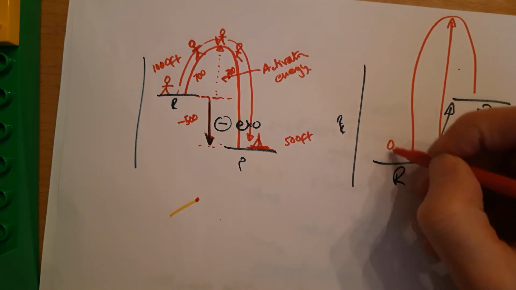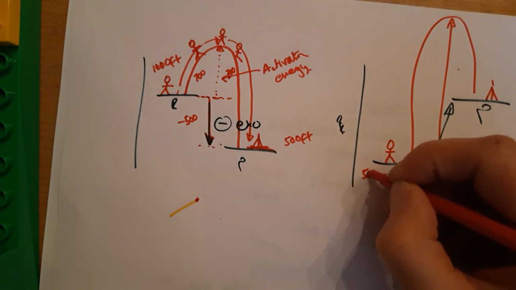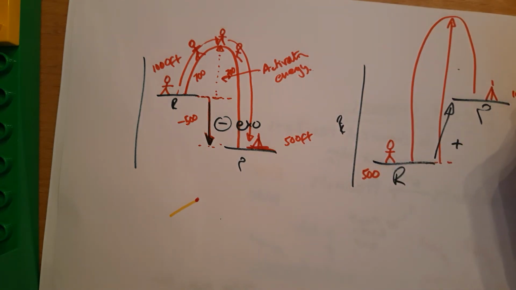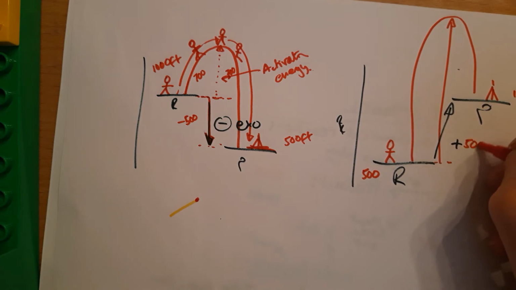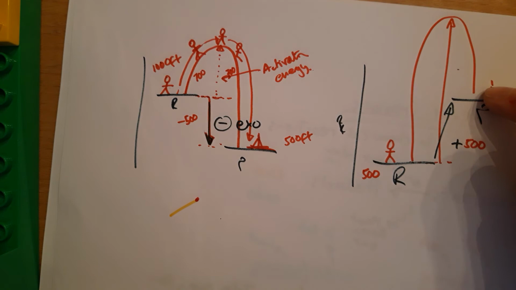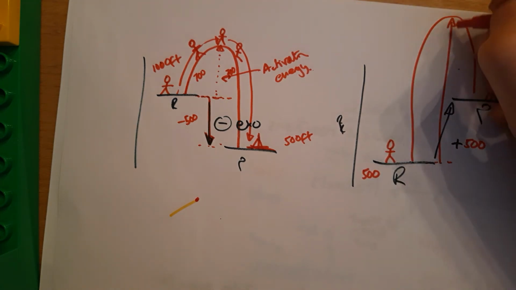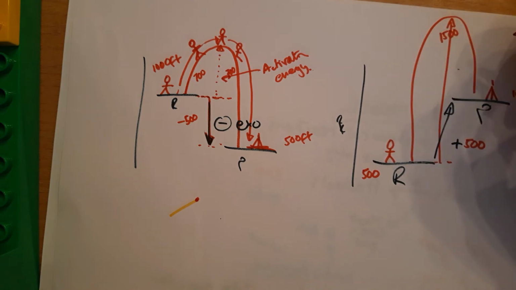So again, there's a little analogy. You're out camping. There's your campsite. You're at 500 feet and your campsite's at 1,000 feet. You only need to do, in total, 500 feet of climbing, but there's a mountain in the way. So what you actually have to do is climb all the way up here. Let's call this 1,500 feet; you have to climb to 1,500 before you can slide down on your bum on the other